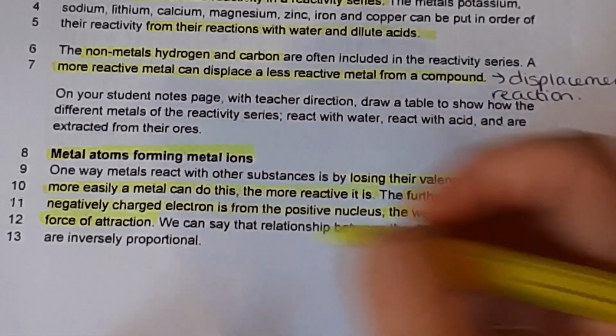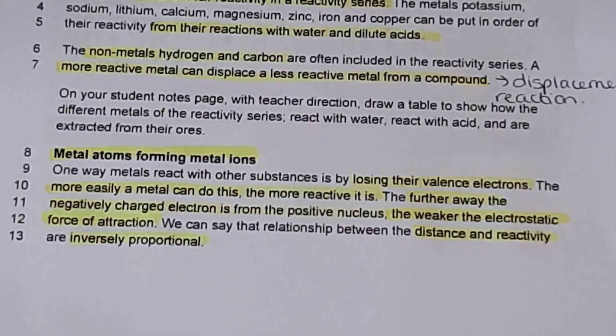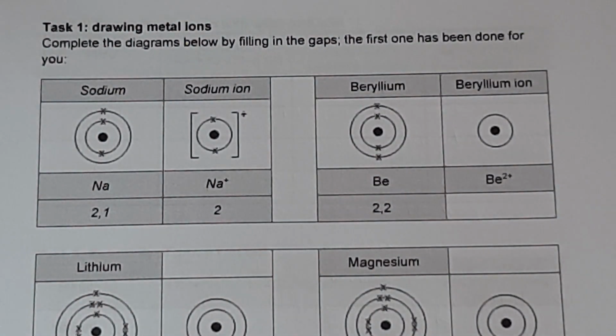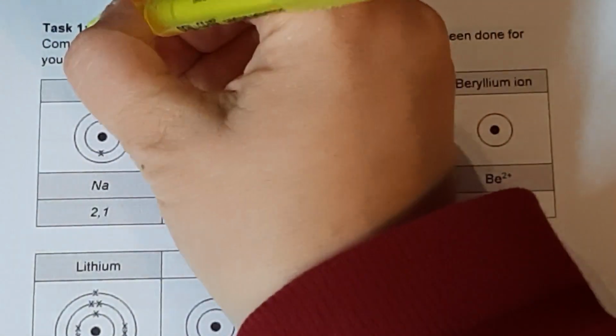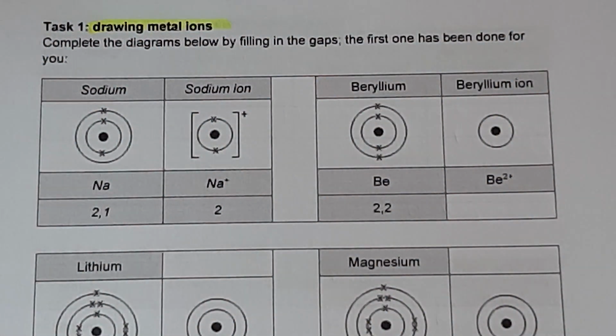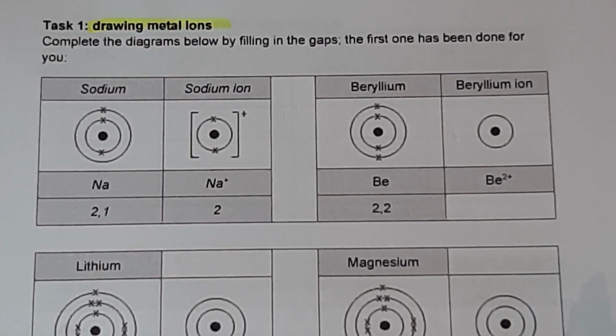So distance and reactivity is an inversely proportional relationship, meaning that as distance increases, reactivity increases. So now that we've reviewed all that, which we did once already in lesson 2, we're going to be looking at drawing metal ions, which we haven't done yet. So we're going to complete the diagrams below by filling in the gaps, and the first one has been done